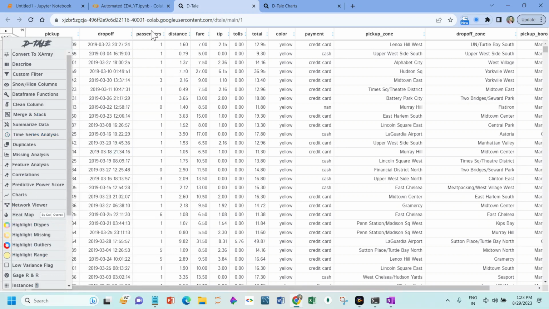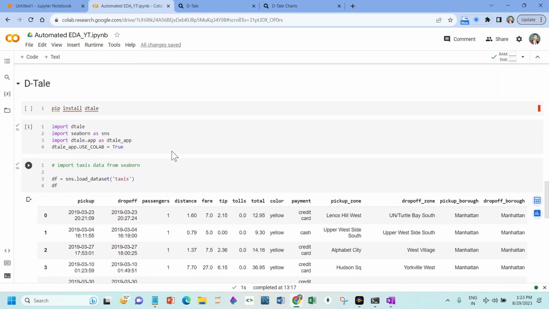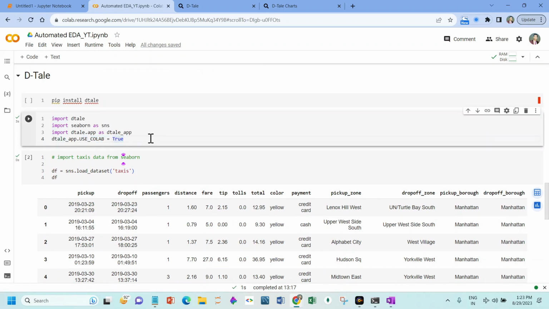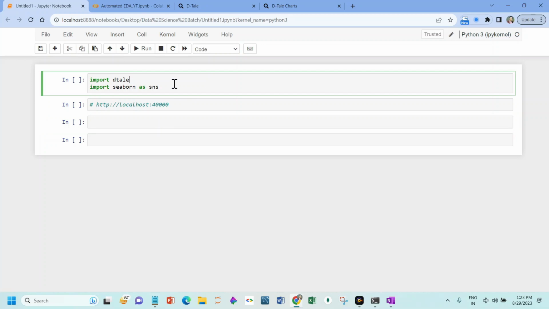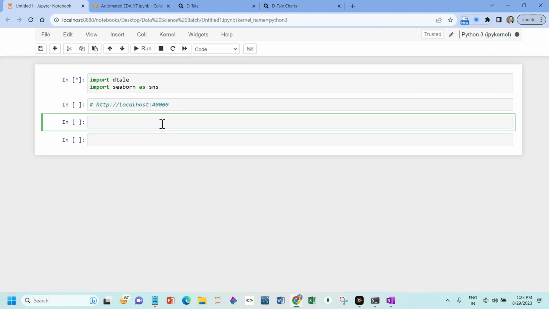This is how you can use Dtale on your Colab, right? Make sure to use this option, dtale.app use colab, otherwise it will give you error in your Google Colab. If you're using Dtale on your Jupyter notebook, here you can see this is Jupyter notebook. So here it will simply work without even writing use colab options, all those things. Okay, so you can see here I will store the data, sns.load_dataset